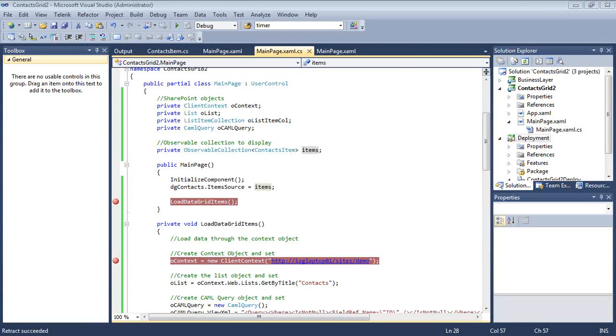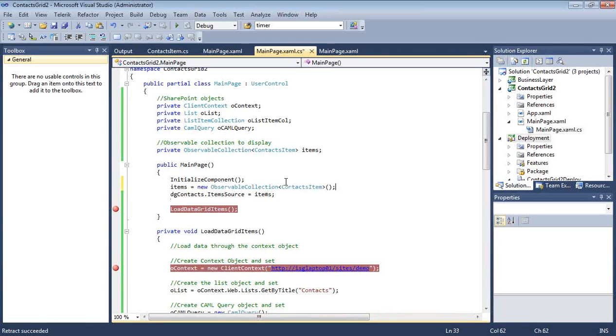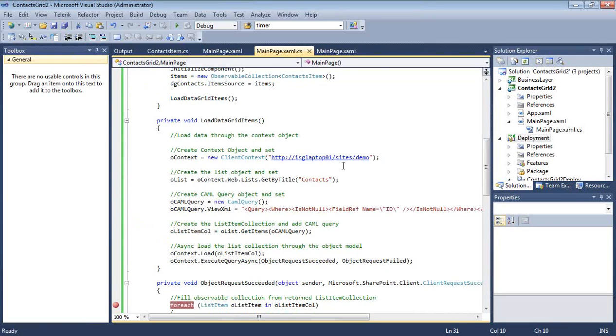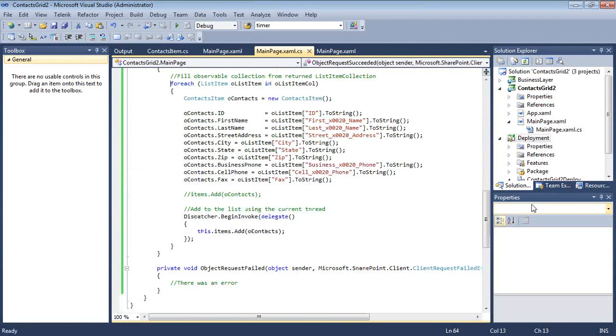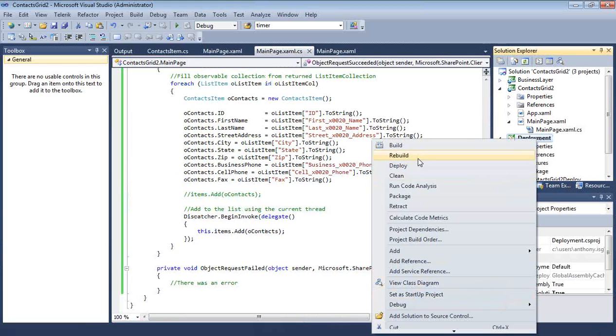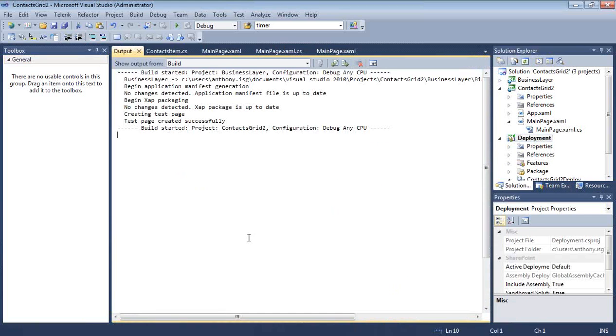I forgot. My apologies, I did not instigate my observable collection. However, at this point, we see that it fills. We are able to deploy it quickly to our server